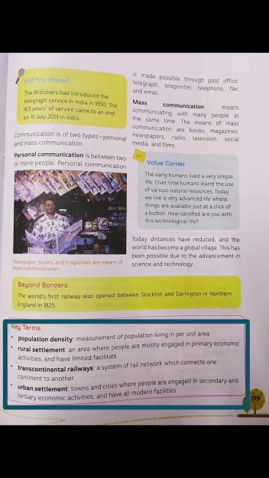What is rural settlement? Where people are engaged in primary activities, as we have read, such as agriculture, mining. Transcontinental Railway. It connects two continents with one another. The rail network which connects two continents with one another is called transcontinental railways. What is urban settlement? Towns and cities where people are engaged in secondary and tertiary activities such as transport, commerce, administration, trade. These are all urban settlements.